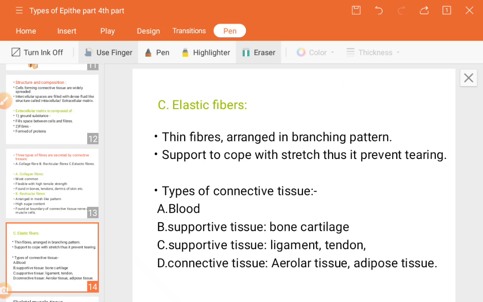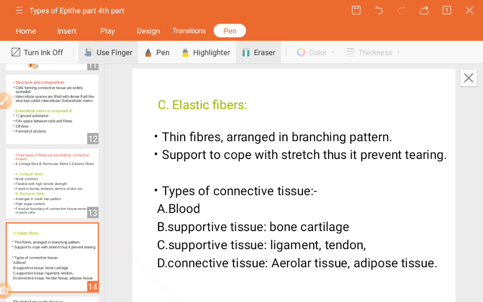Next, cells embedded in the matrix of bones are called osteocytes. See guys, they're known as osteocytes. The specialty of the study of bone is also known as osteology. Next, tiny little holes in the matrix are called lacunae. Such holes present inside the matrix of the bone are known as lacunae.